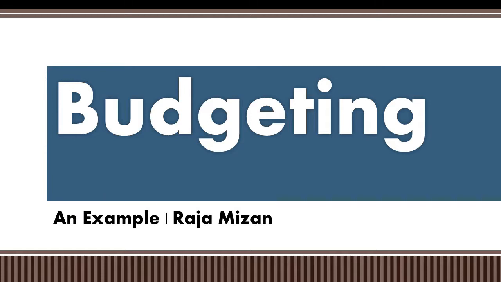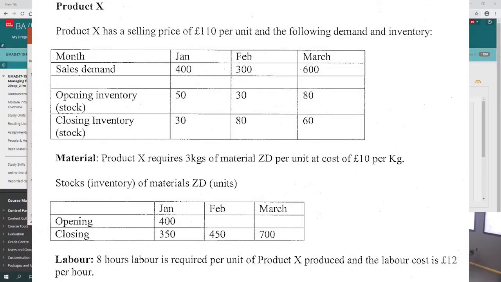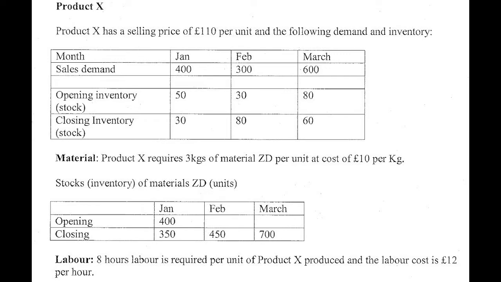This exercise is a basic production of departmental budgets. Product X has a selling price of £110 per unit and the following demand and inventory. Month: January, February, and March. Sales demand is 400, 300, and 600